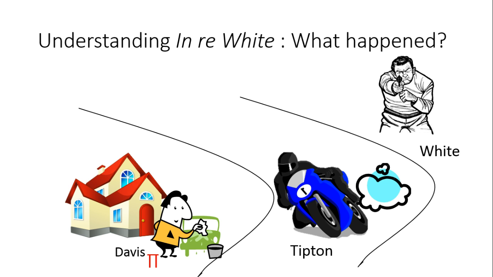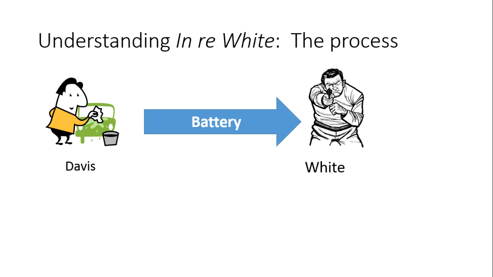Davis sues White, and let's look first at how this court that we're before in In re White is the one that we're focusing on. So it's a little unusual. Davis actually sues White in a basic state court in a civil action for battery. White defaults, meaning he doesn't defend, and the court enters a judgment against White for the battery. So Davis doesn't really prove the battery against White, he just wins in a default judgment. The court awards the default judgment of $50,000 for Davis against White.